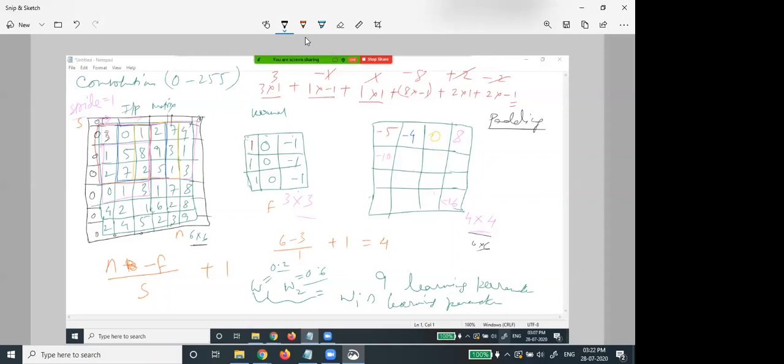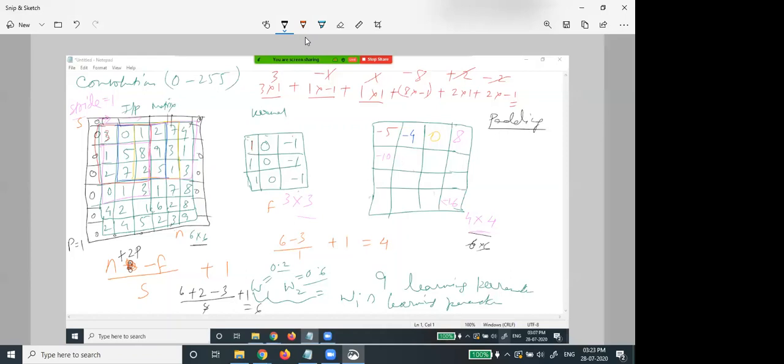So using these things, you can come up with exactly the same size as the input. Here the formula will be a little bit changed. Here it will be n plus 2p, because here p equals 1. So now check this formula. It was (6 plus 2p minus 3) divided by stride s, plus 1. What will be the output? s was 1, nothing to do. So it will be 6.